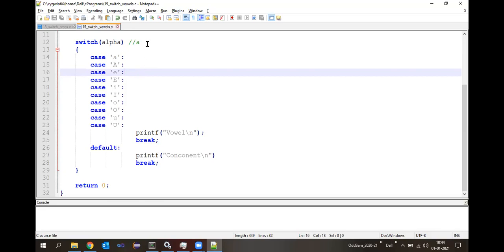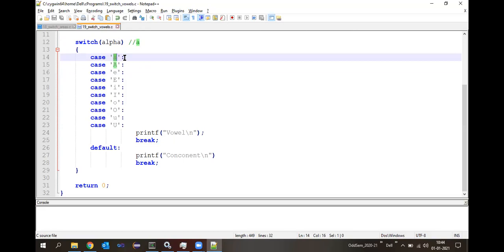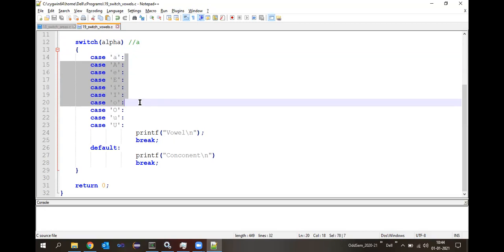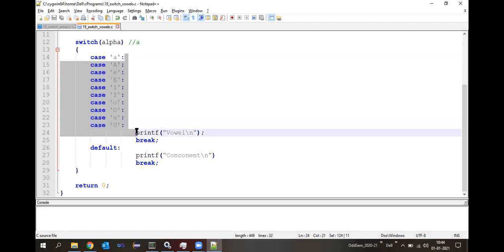Suppose I enter a lowercase a, what may happen? This variable alphabet has the value a, and that a will get matched with the first case value, this label. A match is found, which means it will enter into this particular case. Since there are no statements, not even the break statement, it will further proceed downwards, and then it will find a statement like a printf.